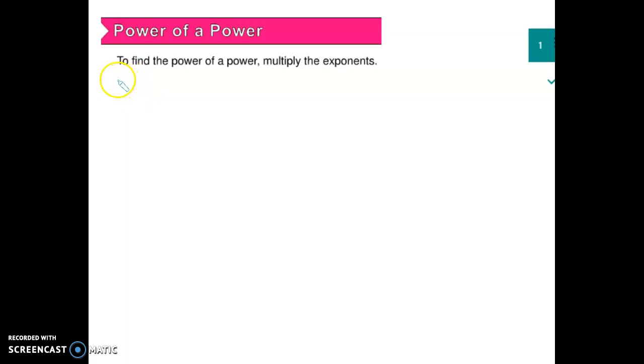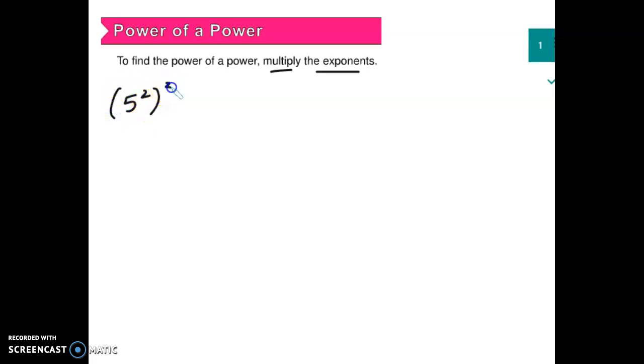Today's lesson, we're going to go over power of a monomial. So what's the power of a monomial? To find the power of a power, we have to multiply the exponents. Multiply the exponents. So all we have to do is, let's say I have 5 to the second exponent and